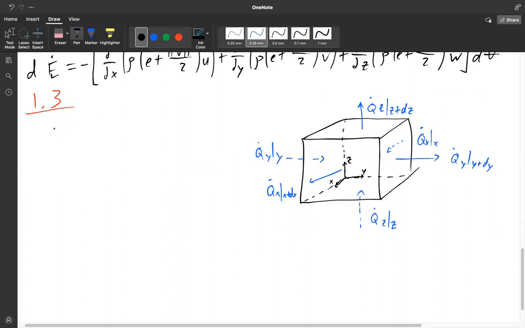And that the heat transfer follows Fourier's law, which states that Q dot equals negative lambda A gradient T,